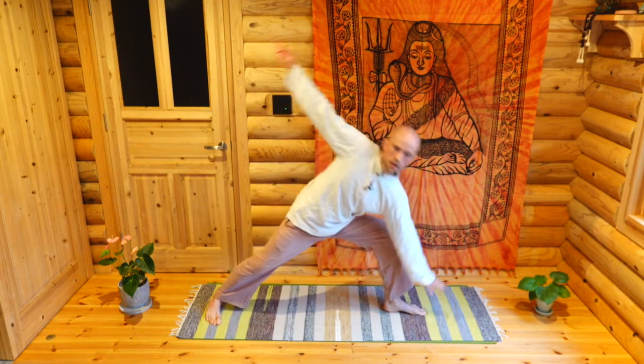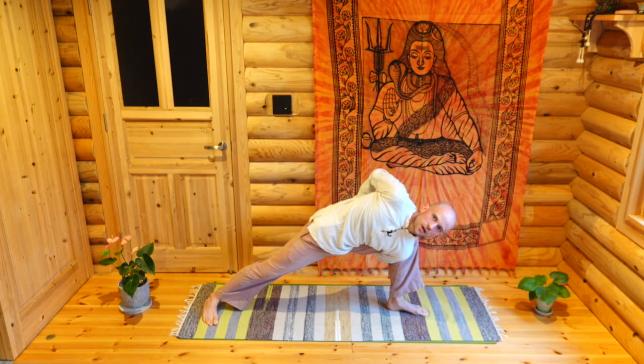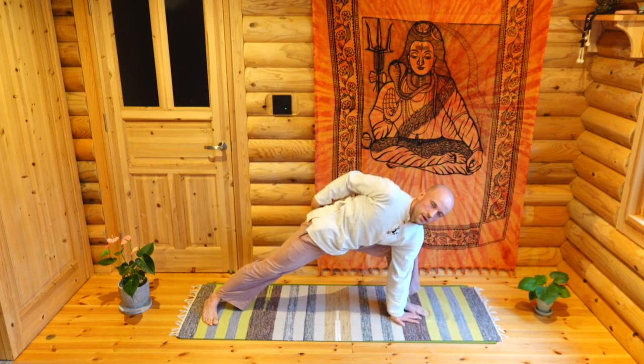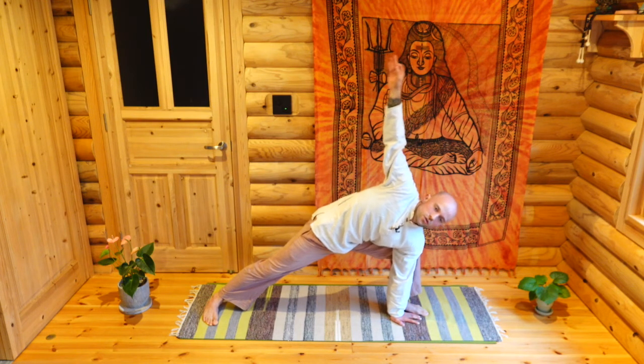So remaining then in Baddha Konasana, then rotating your spine to look up towards the ceiling or the sky. Natural breathing through the nose. Unblocking your spine. Okay, to undo, placing your right hand back on the ground, left arm up, then keeping this angle in your legs, this 90-degree angle. Only raising your torso back into Virabhadrasana, then stretching your right leg, both feet facing forwards and preparing for the